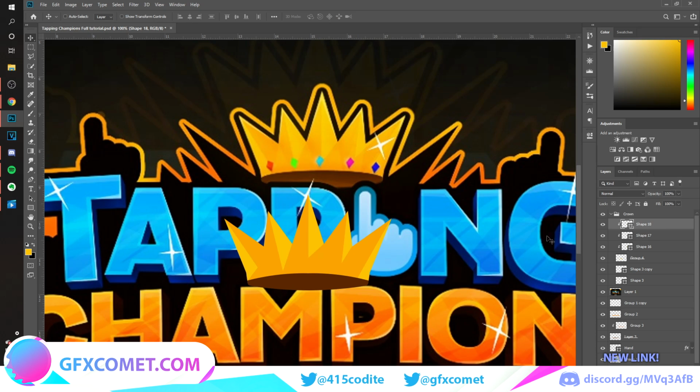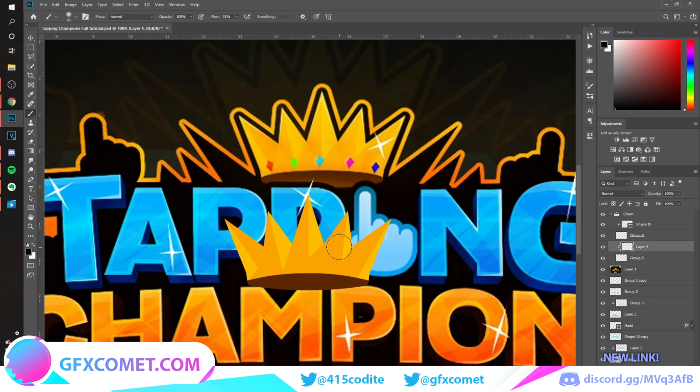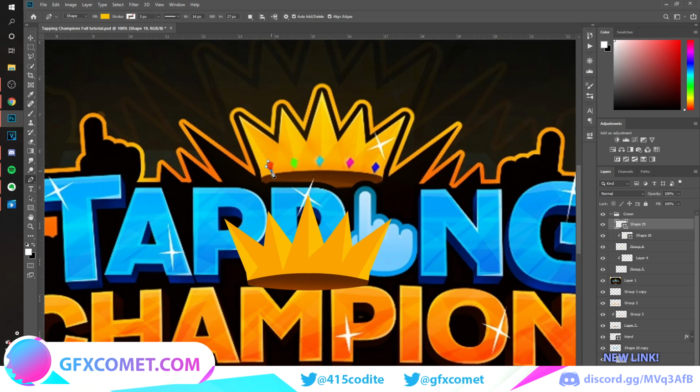And there we go. So we're just gonna take these and merge, lower the opacity, and for this part we're gonna merge this as well. Control G, Control E, make a new layer, clip it into this one, and we're gonna use our brush tool and just brush along the bottom, go into overlay, and for these gems right over here, we're just going to use our pen tool. We're just gonna click, as you can see,